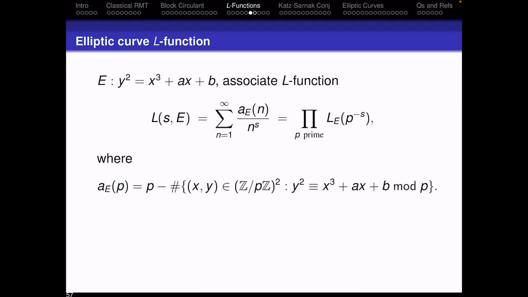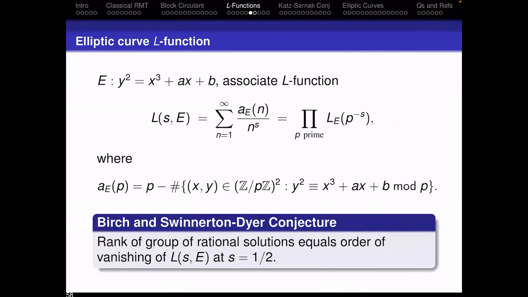And so this is a really common thing we do in mathematics. If you have a belief of what the main term should be, start off with that, and then subtract off and try to look at what's going on beyond that. Try to look at the fluctuations. And so I get p minus the number of solutions. And it turns out when you look at this L function, this is one of the $7 million problems from